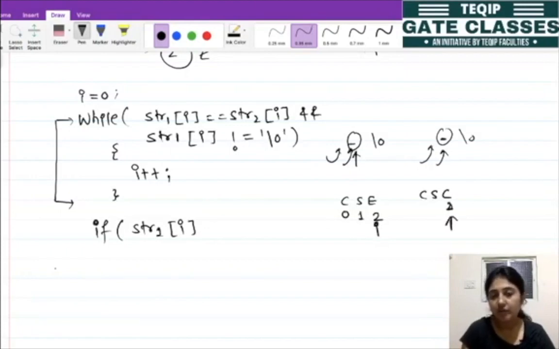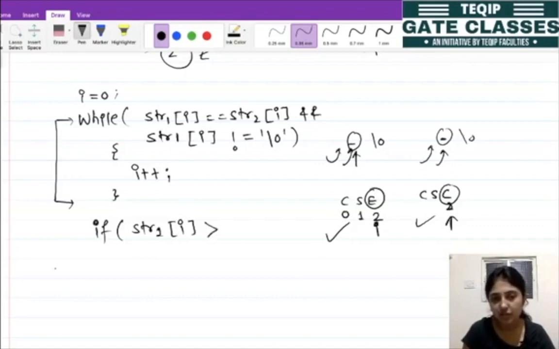So what we want now is to check which string is greater, like whether string 1 is greater or string 2 is greater. So how can we find that? So we need to do the ASCII difference, right? So let me write this.